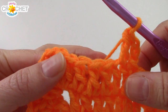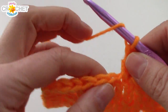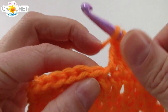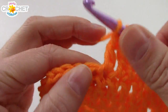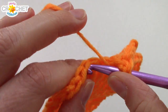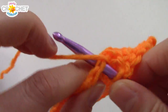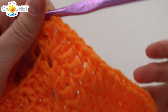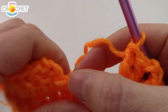And then you can double crochet into the top of every stitch up to that chain 2 space and work 2 double crochet, chain 2, 2 double crochet into it. Same thing, continue double crocheting in the top of every double crochet from the previous row and work 2 double crochet, chain 2, 2 double crochet in every single corner space. Once you've worked all the way around and you've finished your last corner, you should have 4 stitches left to